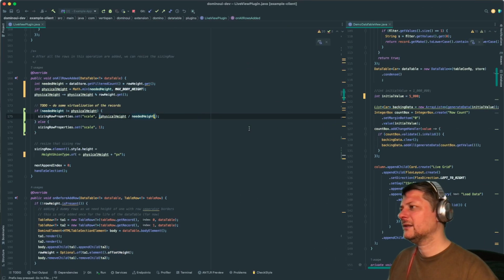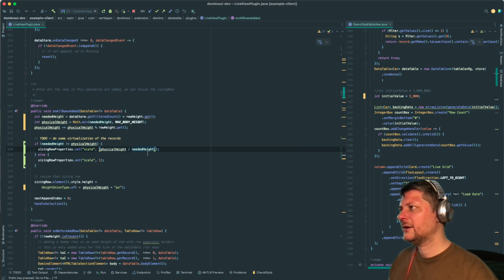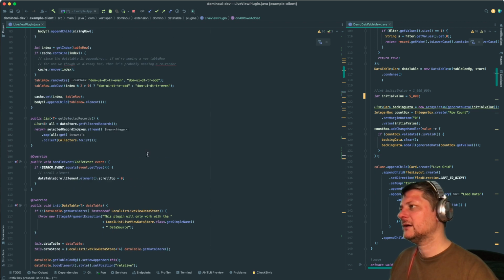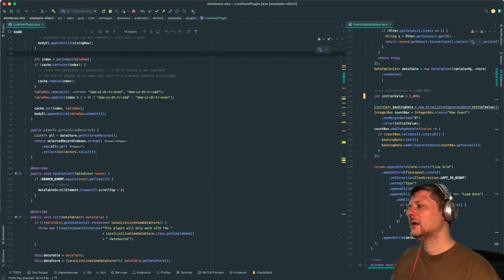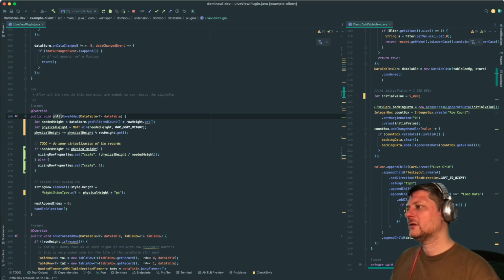Probably need to, let me go ahead and change that. Whenever I load data, I also need that one. So on all rows added. So then